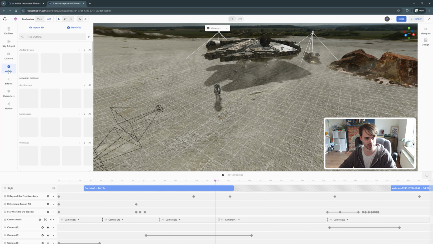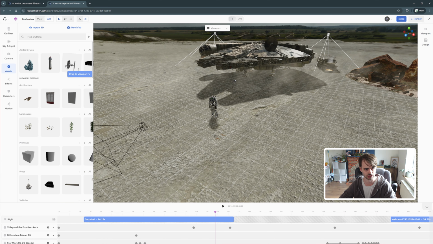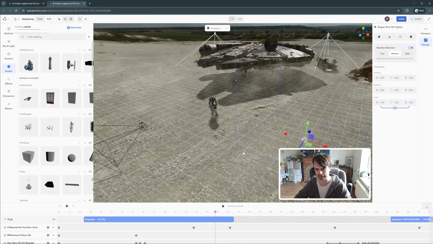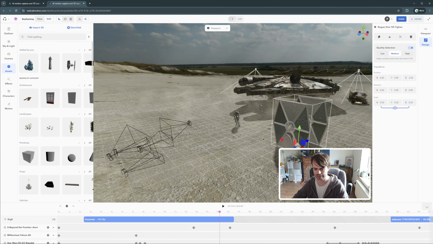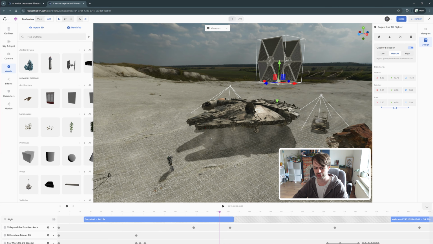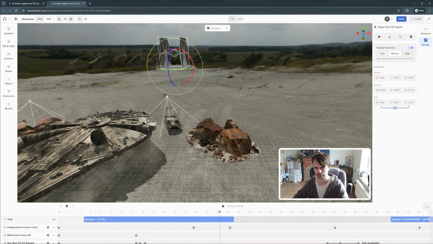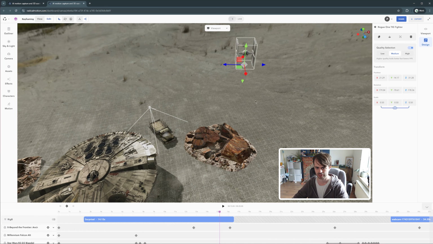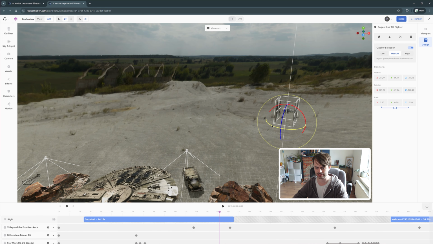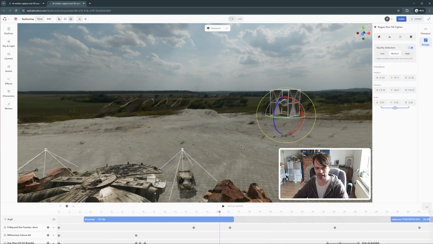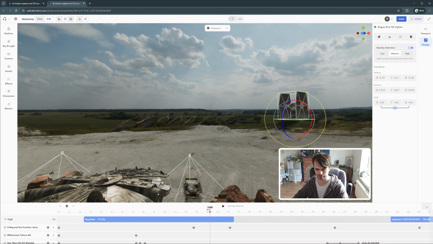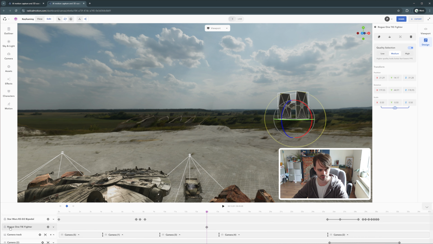If I bring in a brand new object, just for the purpose of this, let's say bring in a TIE fighter. So if I get my TIE fighter into position, clear this. So now that it is in position, if I want to have it flying overhead, I simply have my object selected and then down at the keyframe button here, to edit a keyframe. And then if I move it over, let's say here,